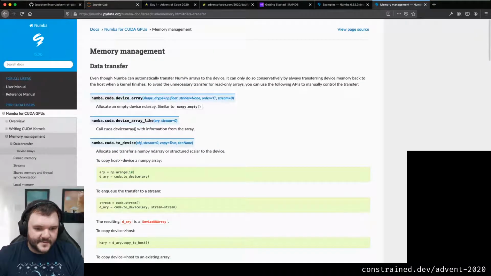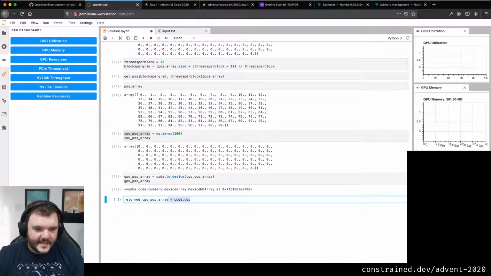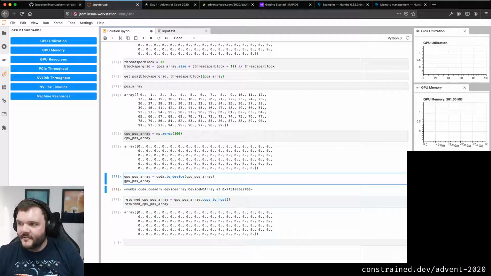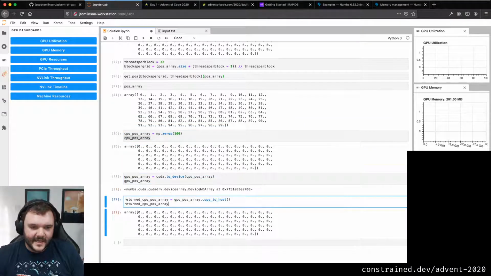Okay, that makes sense. So I can say that equals my GPU position array dot copy to host. There we go. And then let's have a look at it. Cool. So I made an array on the CPU, I explicitly copied it to the GPU, and I explicitly copied it back again.